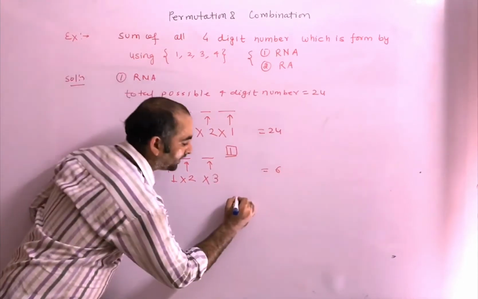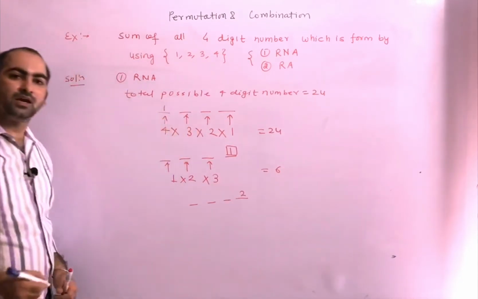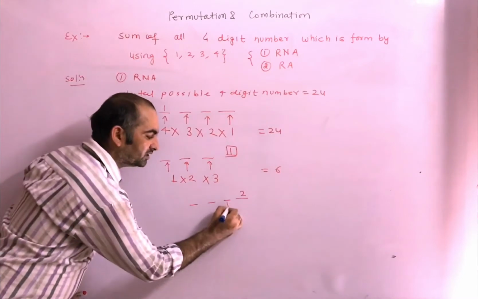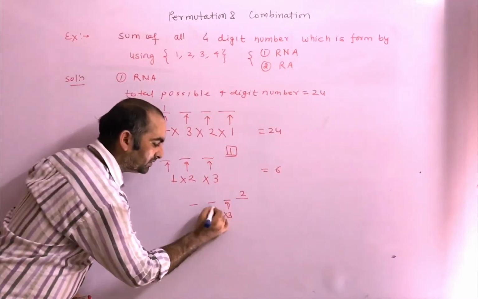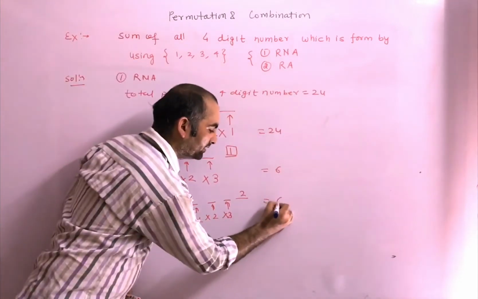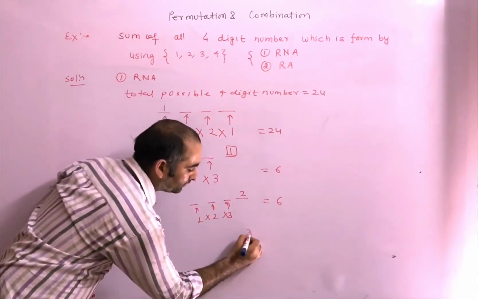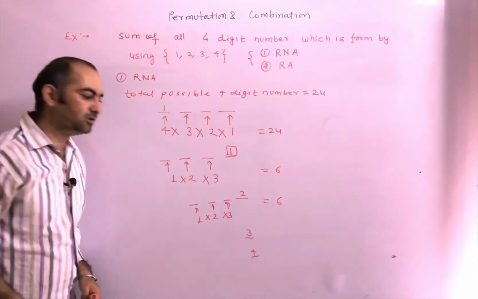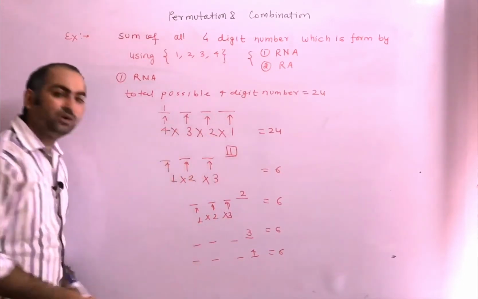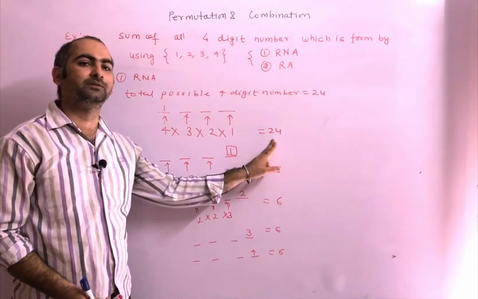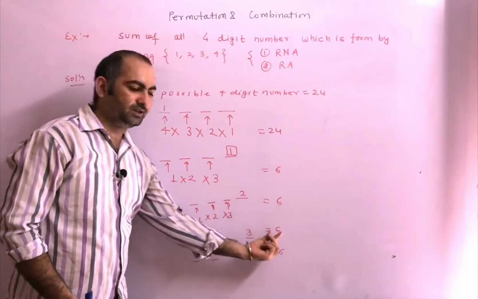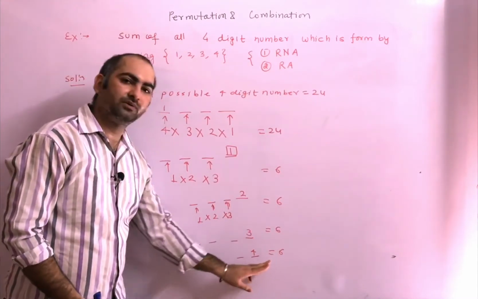Similarly, if unity place is 2, how many numbers are possible where unity place is 2? Same way you have to do. This place we can put 3 numbers, this place 2 numbers, and this place 1 number. So 3 into 2, 6. Same you will do for 3 also and 4 also. For them also it will come the same, 6. That means out of 24 numbers, there are 6 numbers where unity place is 1, 6 numbers where unity place is 2, 6 numbers where unity place is 3,